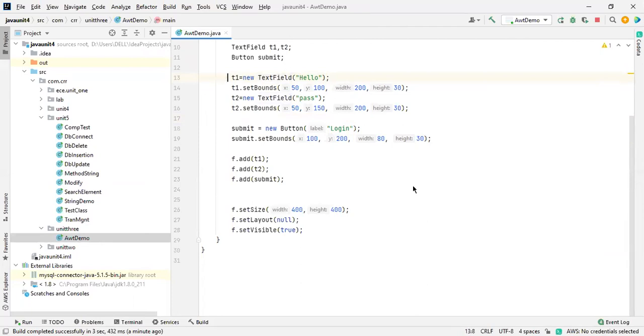Now we'll check what is the next topic. The next one is GUI components. Buttons have been done. Check boxes and the radio buttons. We'll go for the labels right now. Okay, we'll go for the labels.